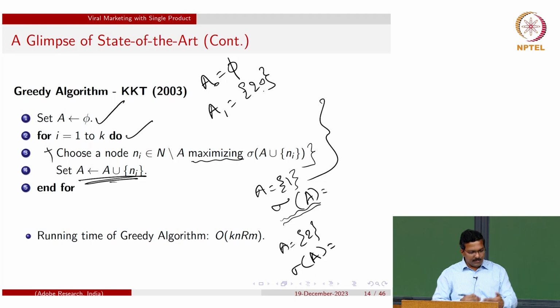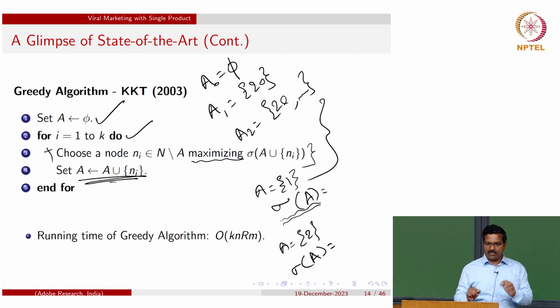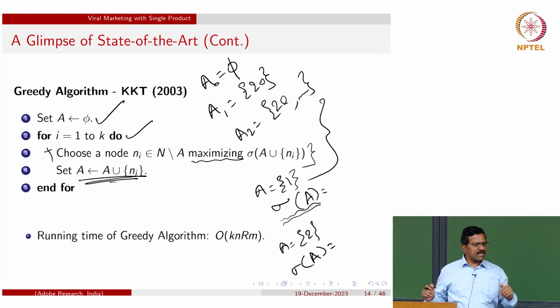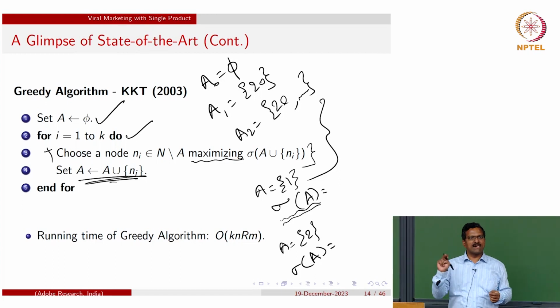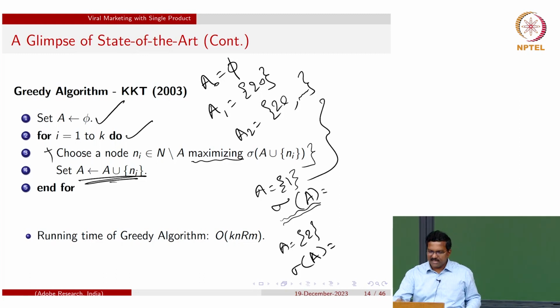Now I'll repeat. I'll get into the second loop, A2. Along with 20, I have to activate some other node. In the second loop, I have to figure out which candidate I should keep in the second slot. At the back of the mind, just run this. There are 100 nodes, right? The 20th node is selected. How many possibilities are there for the second slot? 99 possibilities. Except node 20, all the remaining nodes are potential candidates to fill this slot.